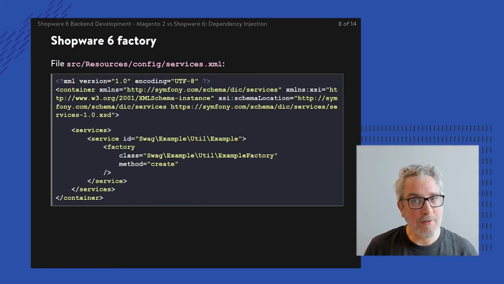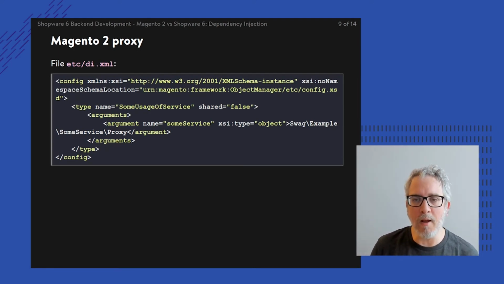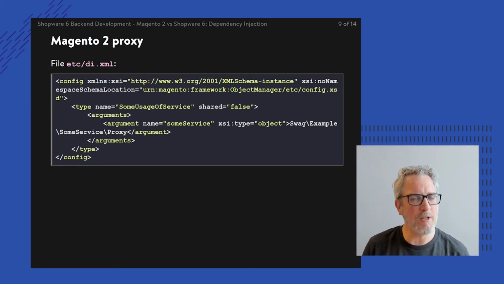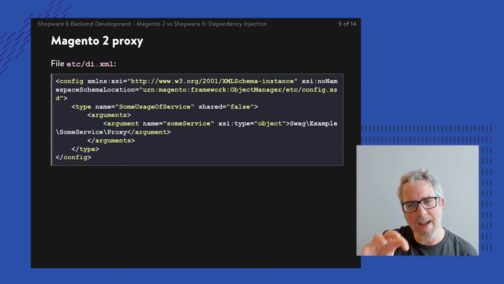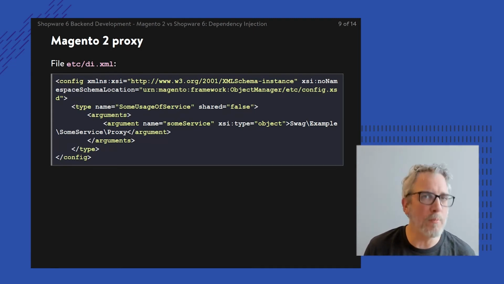Now, moving down that list, there's another pattern within Magento that is well known, which is a proxy. A proxy is basically similar to a factory. You could inject this proxy within some kind of PHP constructor simply by taking the original class, in this case some service, and appending \proxy to it. However, a lot of times people say that using a proxy is mostly needed not to allow the code to work in a certain way, but much more for performance tuning.